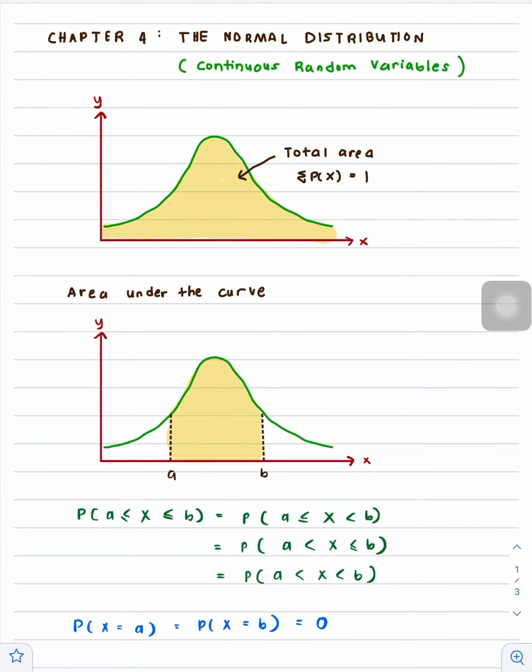Okay, Bismillahirrahmanirrahim. For today's class, you will have chapter 4, which is the normal distribution. Normal distribution will cover continuous random variables, which is the data about time taken, the weight, the height, meaning that the data can be measured. And the basic things that you have to know in normal is the shape of the graph, which is the bell-shaped graph, and then the total area under the curve must be equivalent to 1 because the total area is considered the probability.